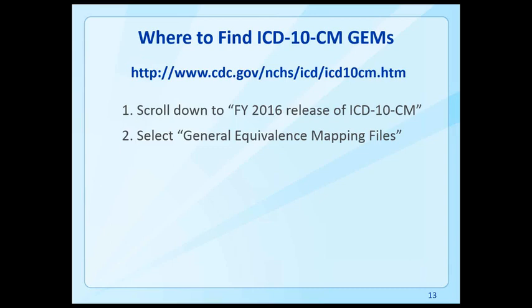There's a totally different coding structure. There are lots of codes that start with E. You have codes that start with V, W, X, and Y. People get accustomed to using the shorthand terminology of E codes, but now E codes in ICD-10-CM are for diagnoses related to the endocrine system. So we need to stop using that terminology of E codes and should use the full label of external cause codes.